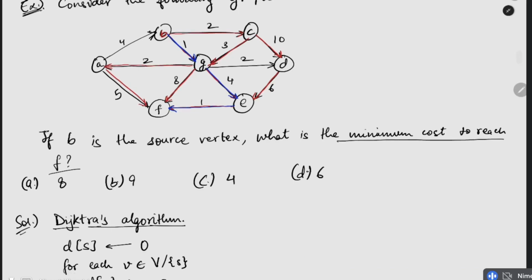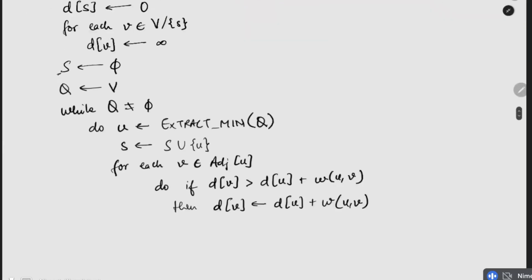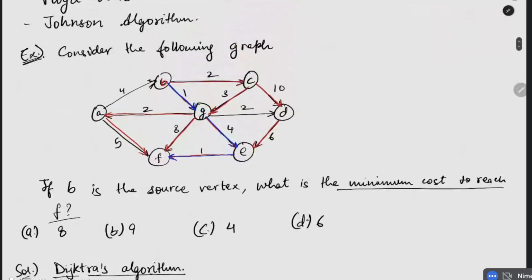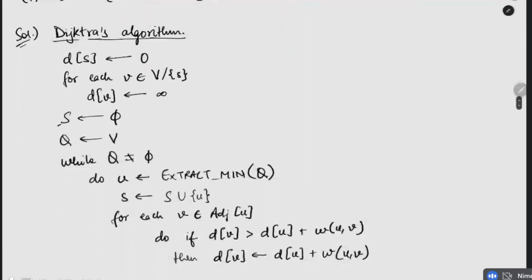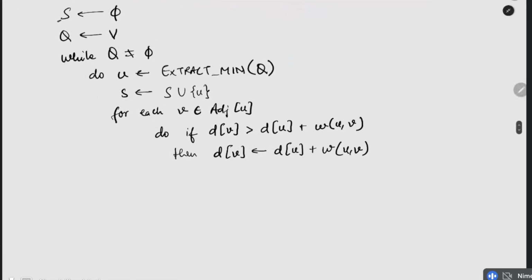But what we are trying to do here, we are trying to apply Dijkstra's algorithm to get the same answer, right? Because in this case, the answer is, as we can see, 1 plus 4 plus 1, right? So 6. Right? So this is the minimum cost to reach F. But how do we use Dijkstra's algorithm also to find this? Because this was just a brute force solution that we did,